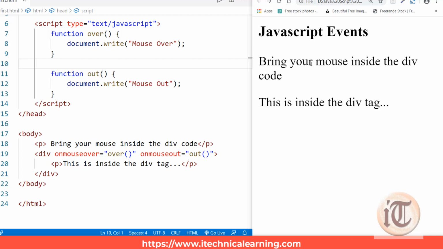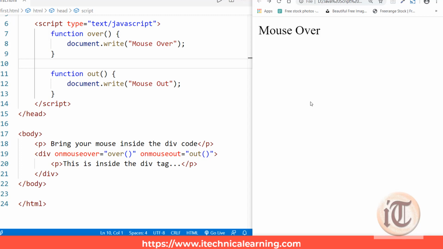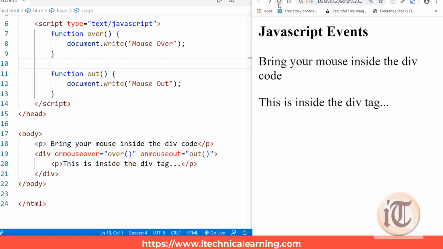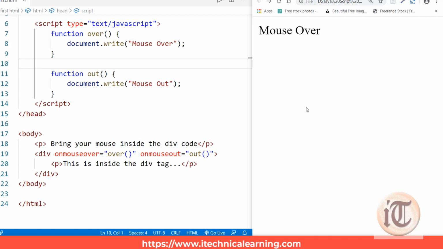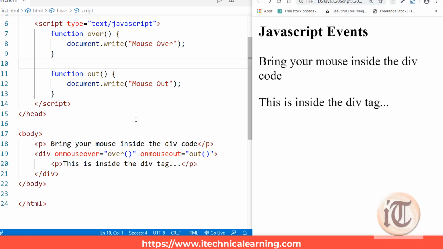But as soon as I enter here, it reloads my page, and on mouse over it prints document.write mouse over. If I refresh my page again, it is not performing anything, but as soon as I enter inside the div, it changes the code. So this is a very basic event that I can perform using HTML and JS, that is JavaScript.